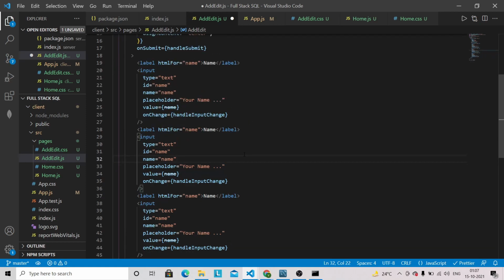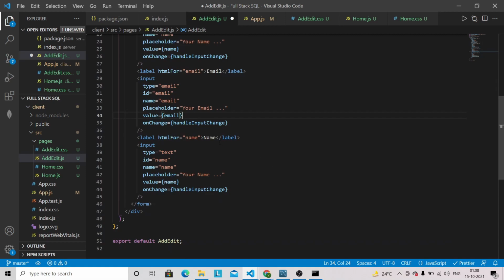So the second input field we have is email, so the label will be email, type will be email, ID will be email, name will be email, the placeholder will be your email, and this will be as it is handleInputChange.